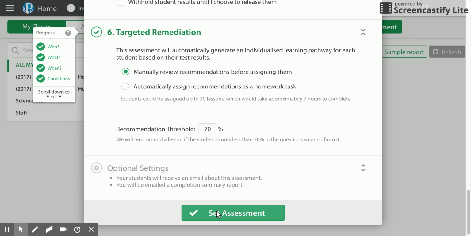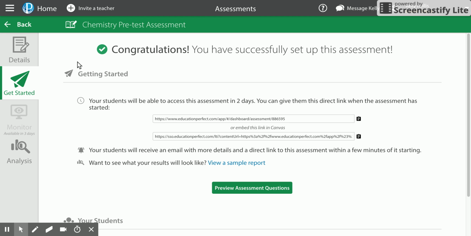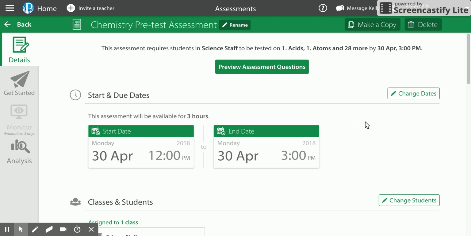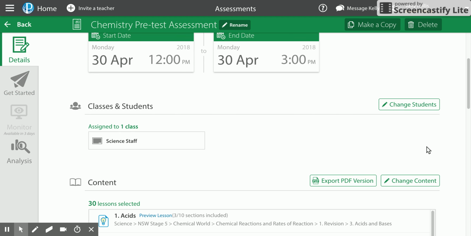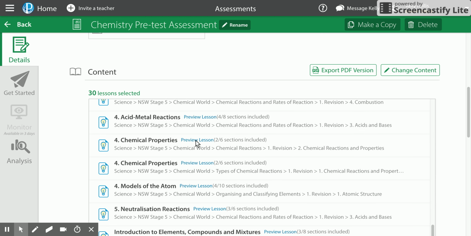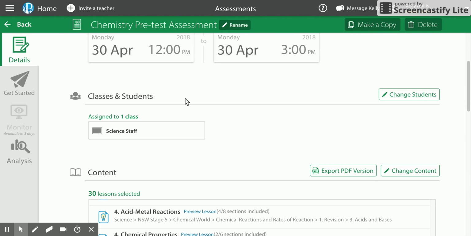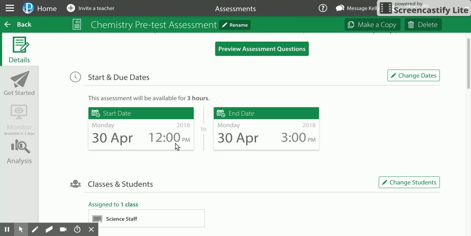So once we've done all of that, the next thing we do is hit set assessment and it will tell us that we've successfully created our task. We can come in here and change any of these things that we want. So we could go back in and get rid of some more of those questions if we think that it's a bit too many. But then when the students log in on Monday at 12 o'clock, they'll see the assessment on their dashboard. They've got the 45 minutes to complete it, and then you will get the feedback,